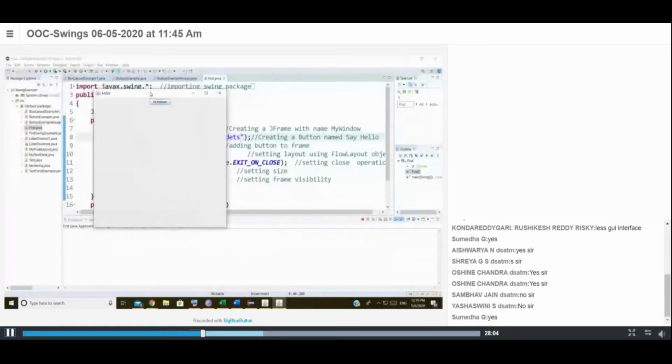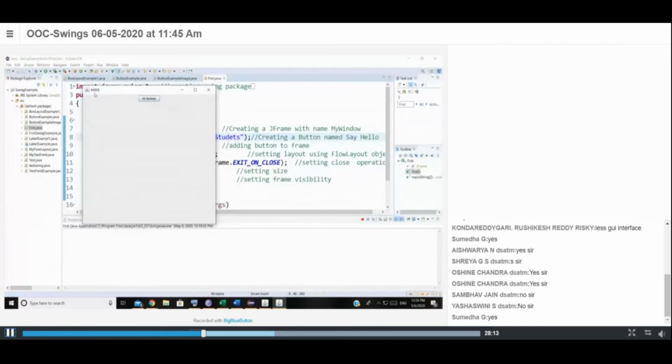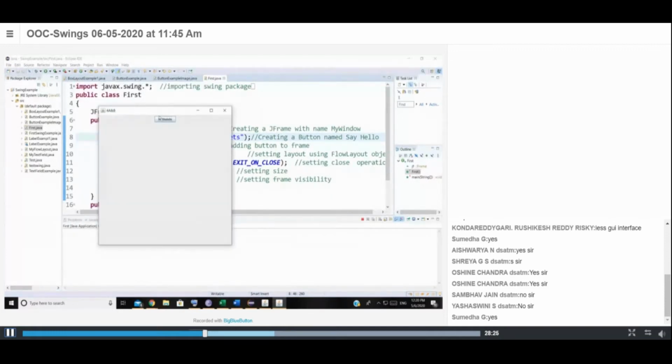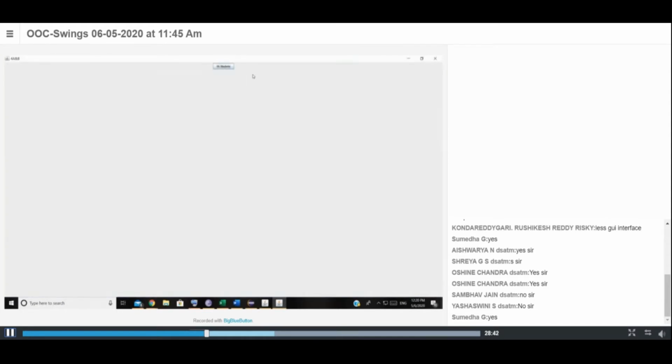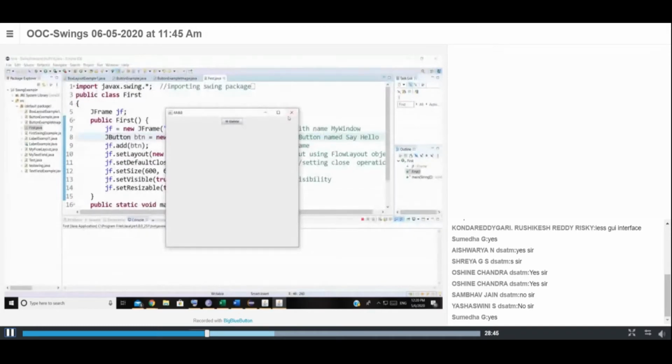See, my window size is now bigger compared to the previous window size. The frame size is bigger. So what is the title of our frame? The container name is 4A and B, and I have only one component, that is the button. I have given the name for that button as I students. Whatever text I have passed to that instance, that text is displayed in the button. And it is 600 and 600, and I have set resizable as true. See, if I execute and maximize it, everything is resizable. You got it? So that's all with this.